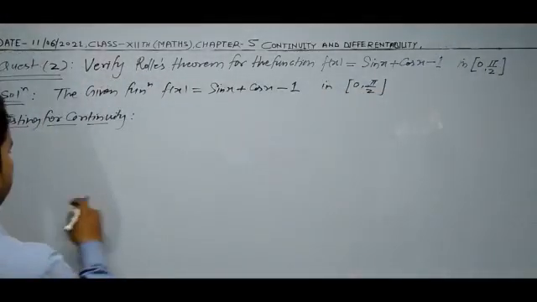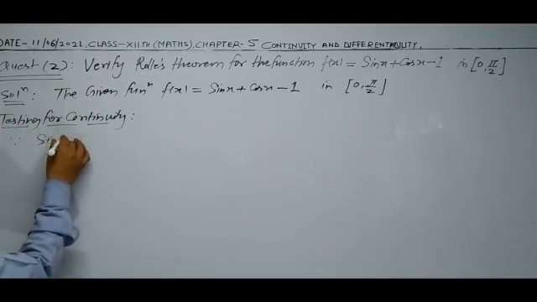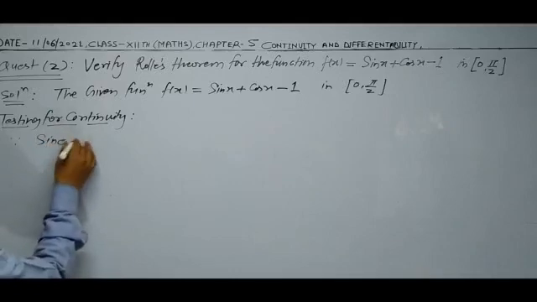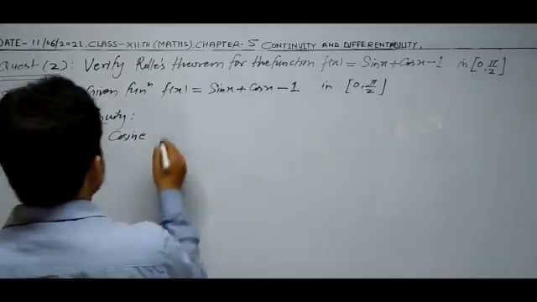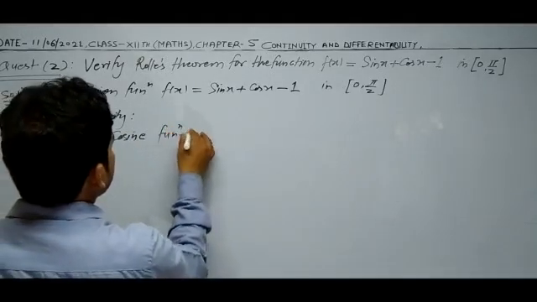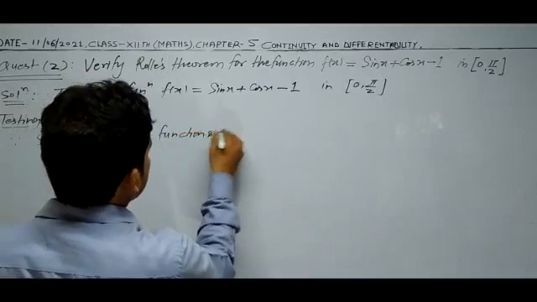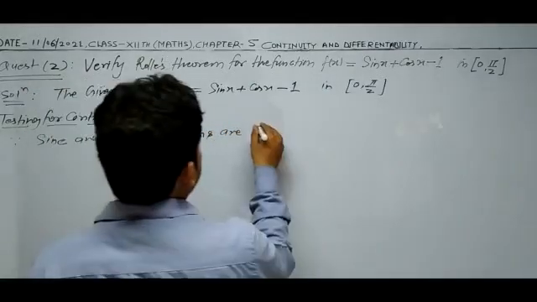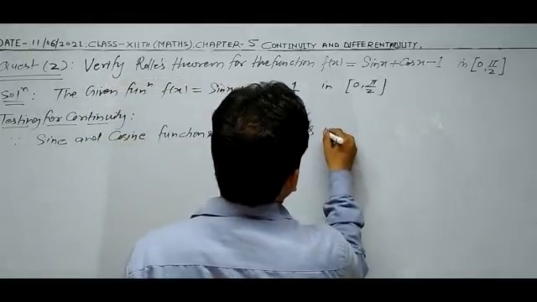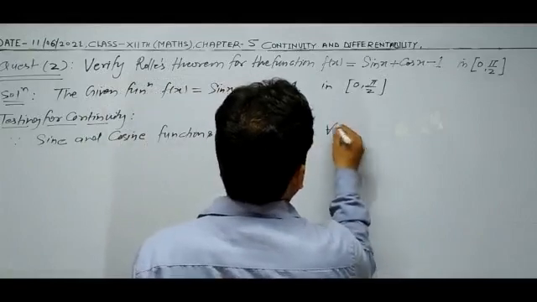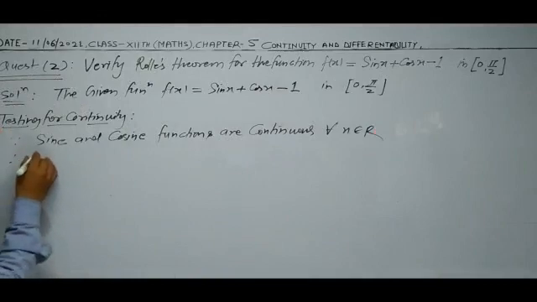So you can say, since sine and cosine functions are continuous for all x belonging to real, therefore